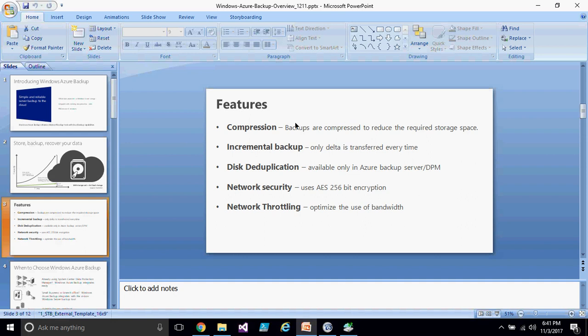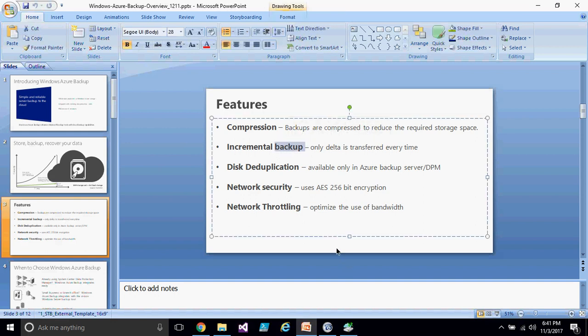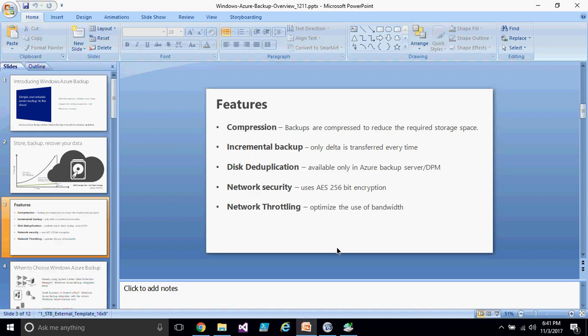So all the backups that it is doing are automatically compressed. That means the files are shrunk so that the bandwidth is saved, or the storage or space is saved. That means if you are backing up documents or any other text type of files, it will automatically be compressed, right? And incremental backup. Incremental backup means let's say today you're backing up one of the folders which has 10